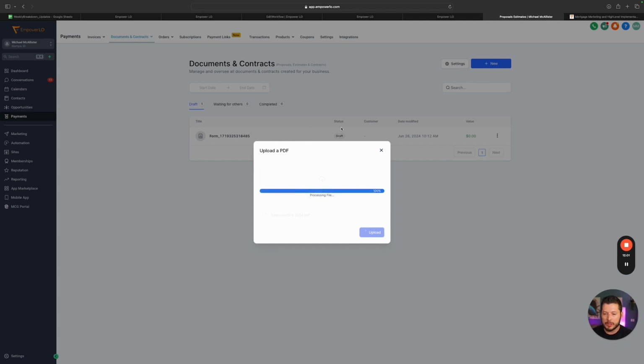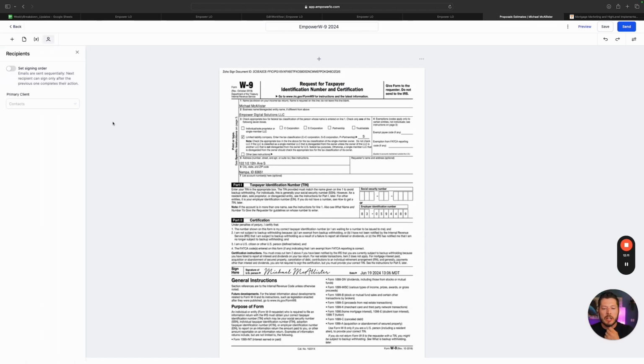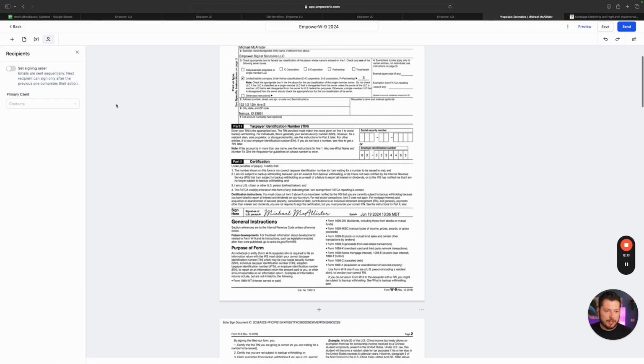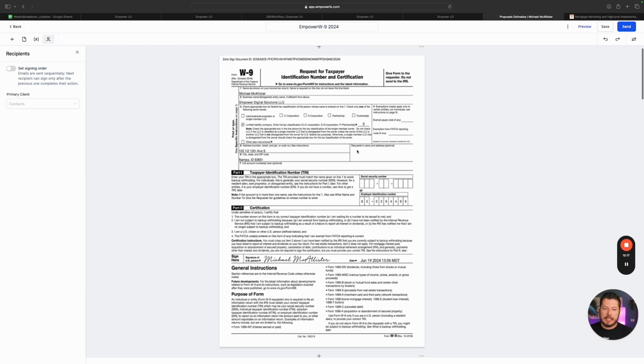Everything that you would be able to do inside of a DocuSign, you could do in here. Now, again, this has been inside your guys' account for a few months at least, if not closer to 6 months to a year. But I wanted to show this to you, and now the new functionality is that you can push these